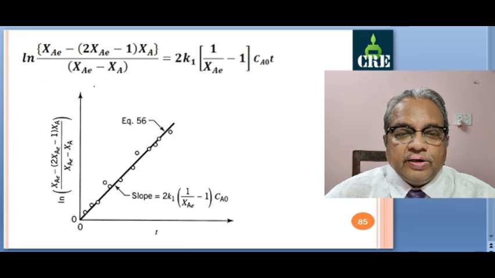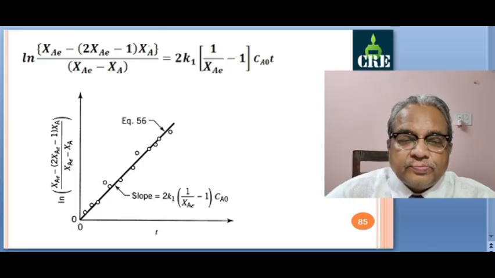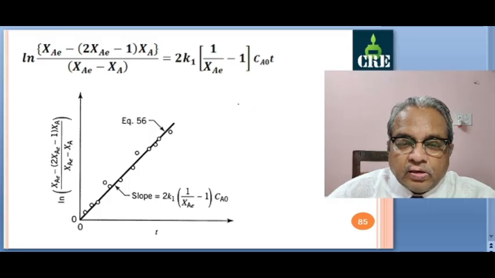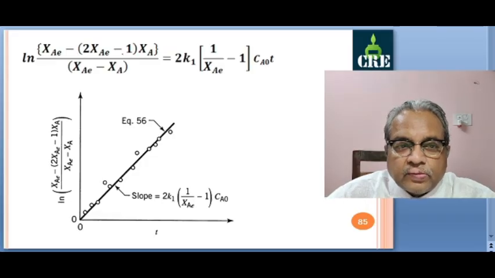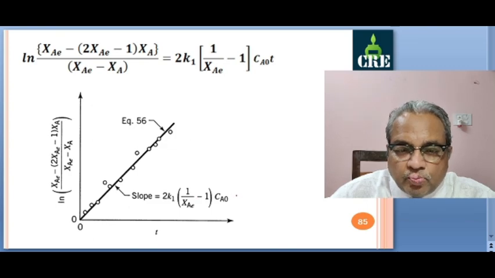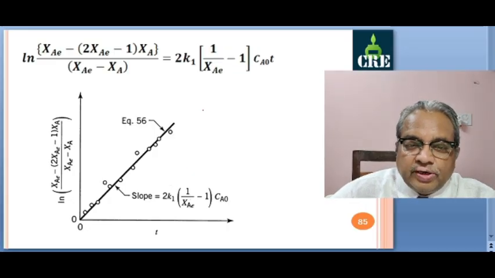So this is the expression which we are getting, y is equal to mx form. So plot this term. If you have concentration and time data, you can write or convert the equations in terms of concentration. If you have conversion and time data, then you can use this directly. So this is on the y axis, on the x axis t, and this complete term except t, 2 k1 (1 by XAe minus 1) into CA0, is equal to the slope. So once you know the slope, CA0 will be known, XAe is also known for a given reversible reaction, the equilibrium conversion. You can find out k1, and once you find out k1,